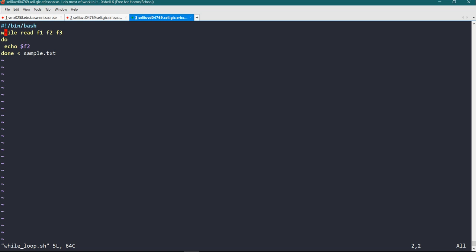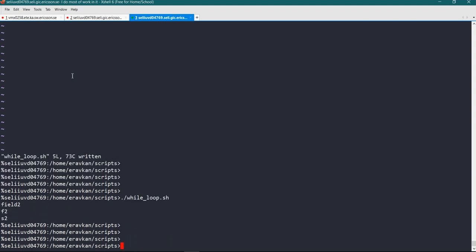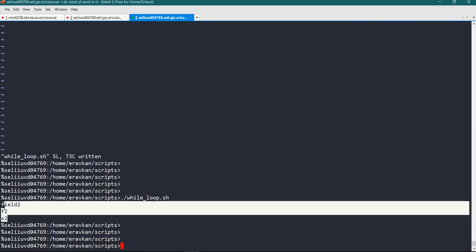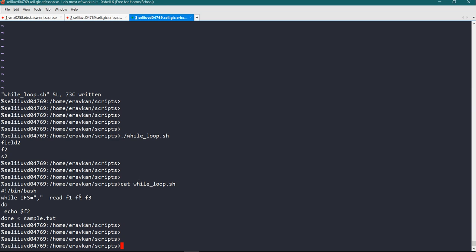I can specify it here: IFS equal to comma. Now if I run my script, see, I am able to read the field.